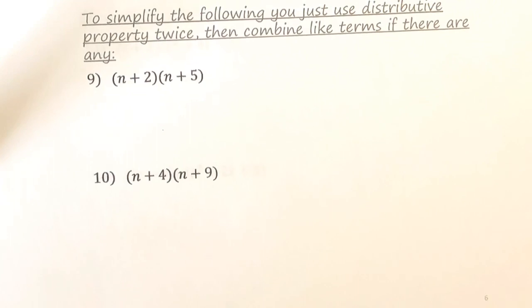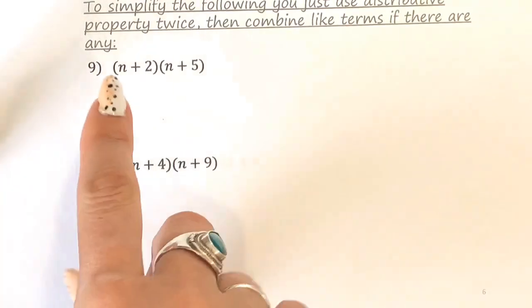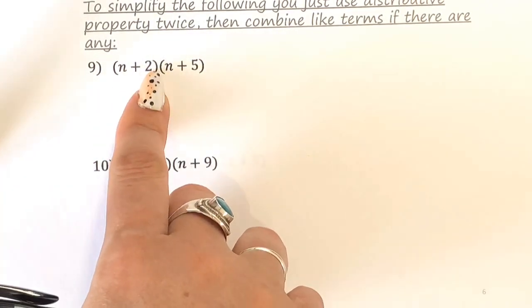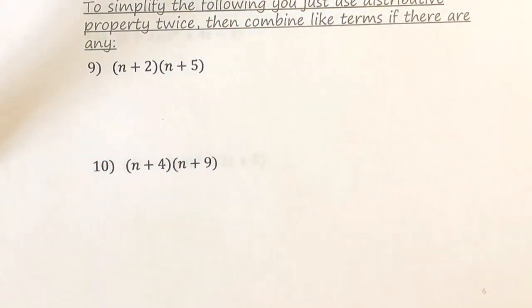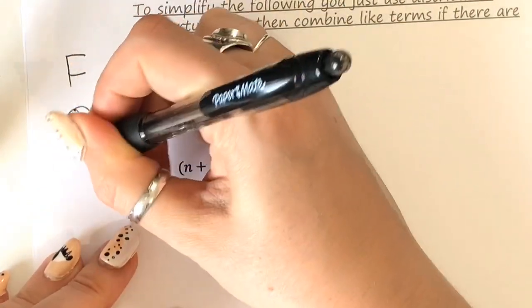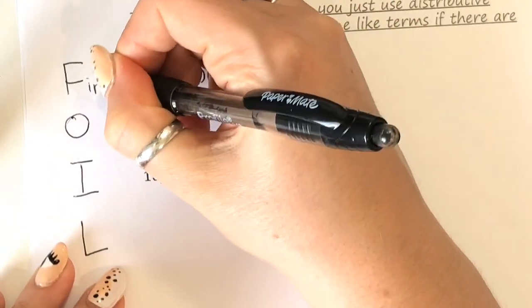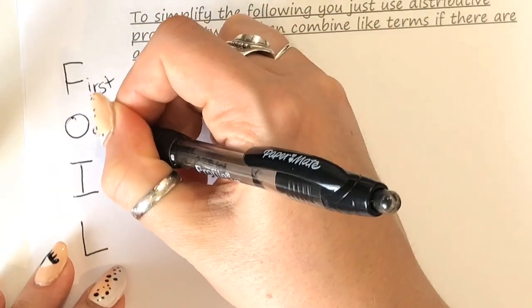Okay. Let's look at what happens when you have a binomial times a binomial. This one starts to get a little bit messier because now I have two things that need to be multiplied into two other things. So there's two different methods that I'm going to show you. On this one, we're going to do the FOIL method. FOIL is an acronym. F stands for first, O stands for outside,